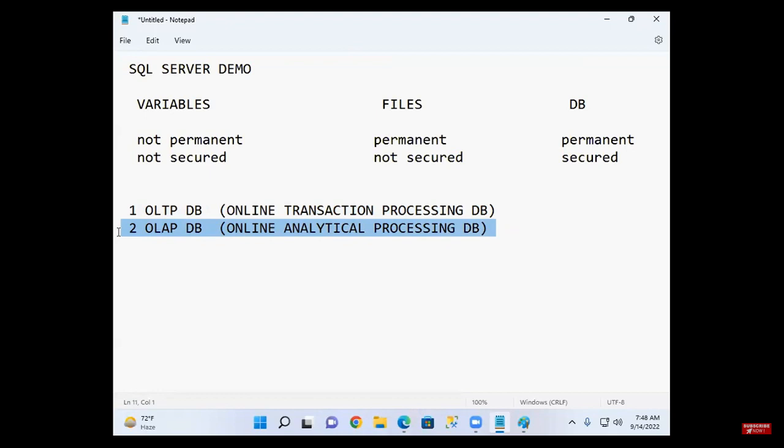Amazon wants to analyze the last 5 years of sales data. So if Amazon wants to analyze the data, they use OLAP. This is for data analysis.